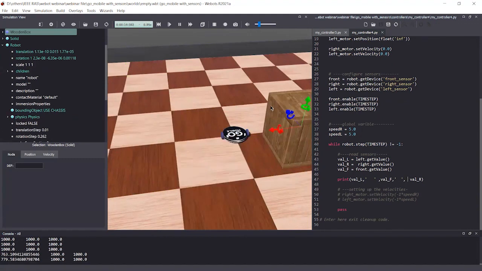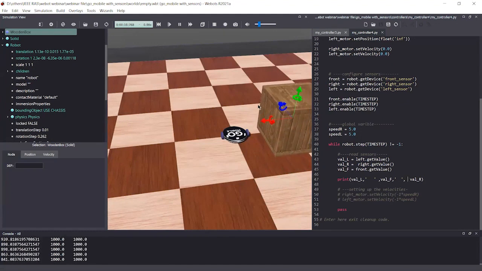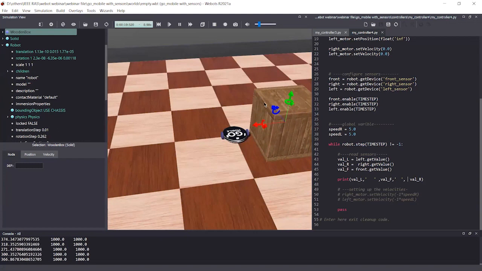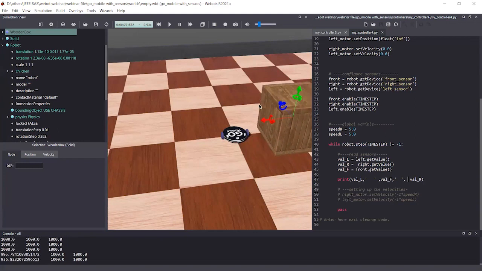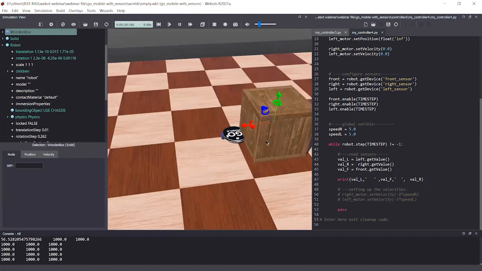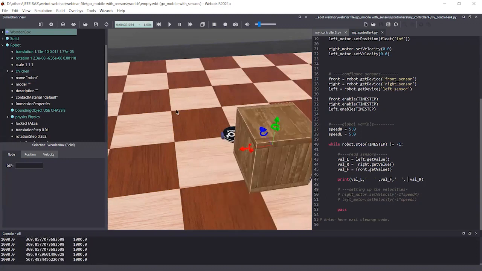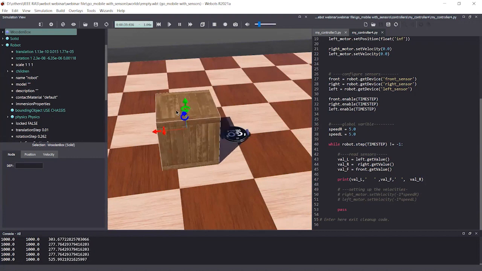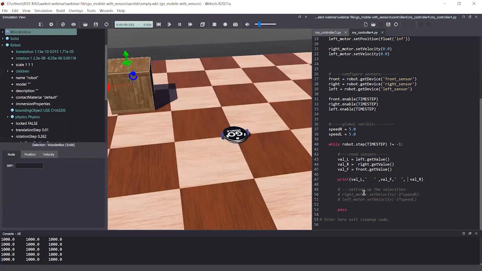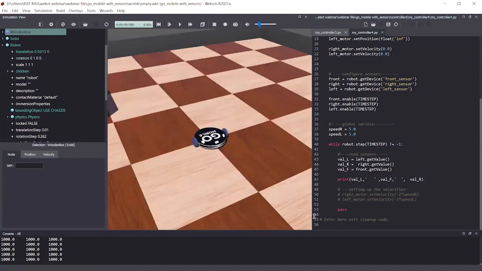When I'm going towards the left sensor, you can see the value is changing from 1000 to 0. The front side, you can see the middle value is changing, and on the left side and right side, you can see the right value is changing. So just like that you can get values and print. Let me stop this code.